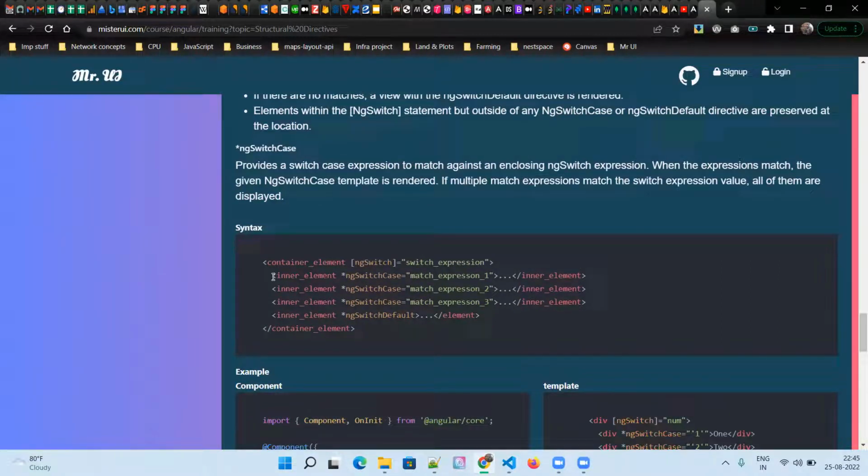So just look at this example. We have a container element. This is where our switch statement will start, and this is where we close it. And now we have multiple conditions. Assume that we have three conditions: condition one, condition two, and condition three. And if it doesn't match any of these three conditions, then go for the default case,